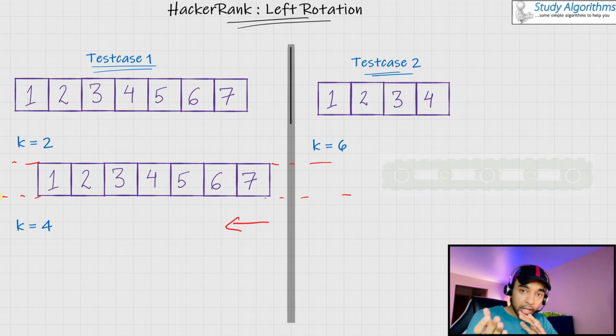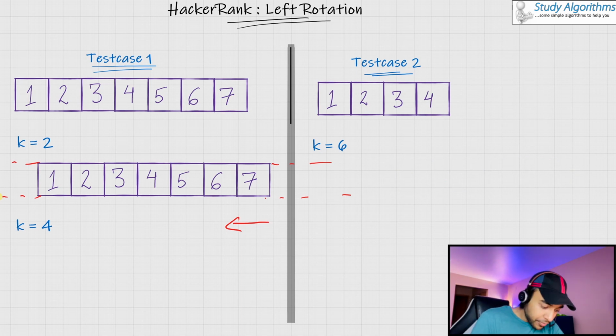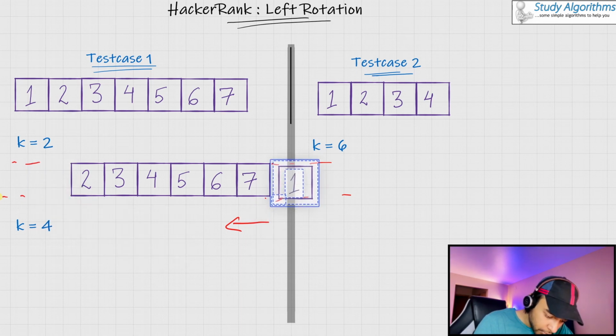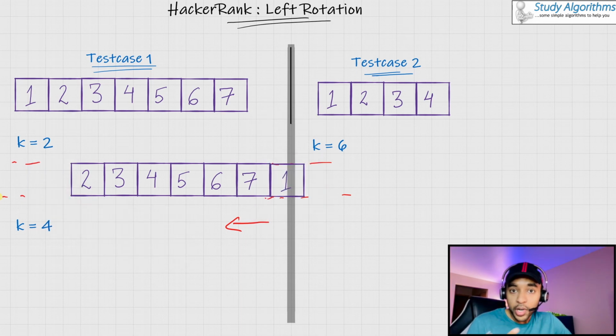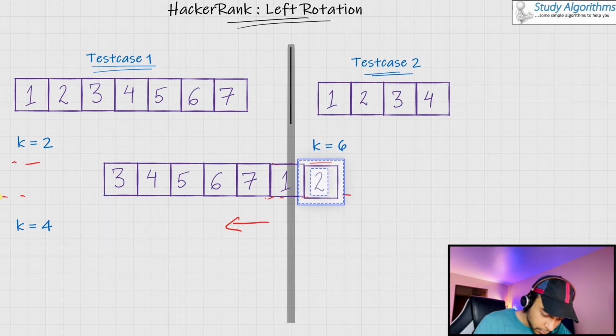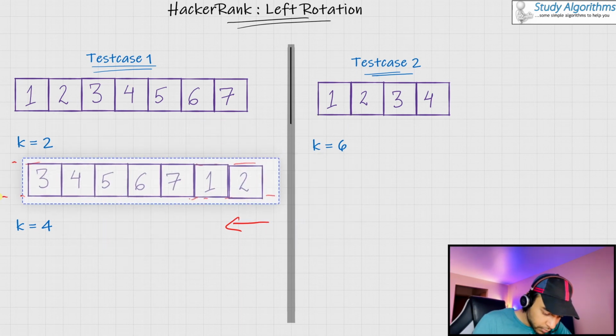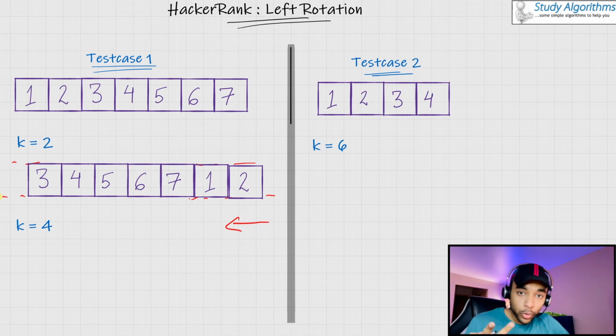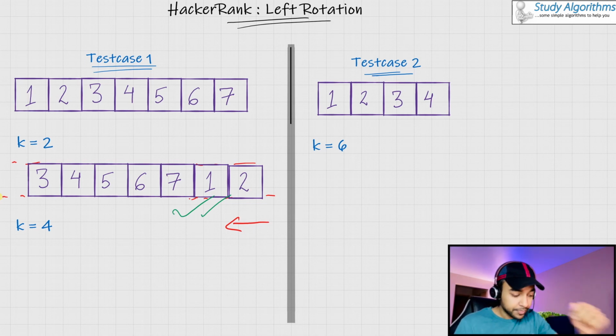So when you have to rotate it by one step, it would rotate something like, so now you rotated it by one time, but you have to rotate it by 2 times. So a second rotation would look like, and hence after 2 rotations, this should be your answer. If you see, this array has rotated by 2 times.